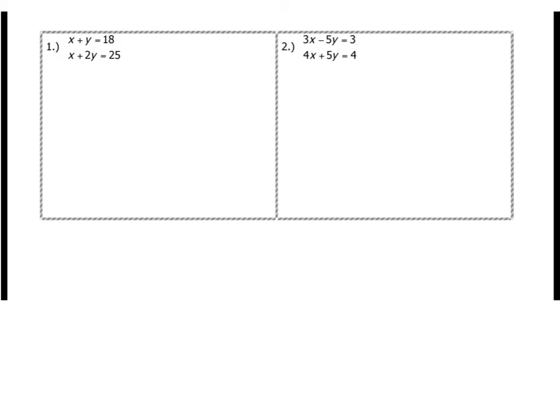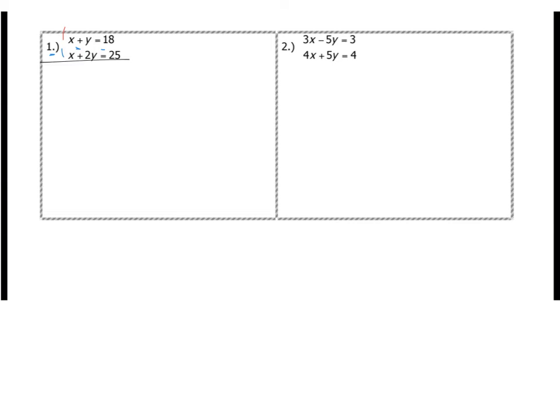So we have 2 more to try here. You'll notice on number 1, I have the same coefficient for both the top one and the bottom one. But one of them is not opposite. I have to have the same coefficient, but one has to be an opposite sign. So what you can do in this is you can make this one negative. That's the same thing as multiplying it by negative 1. The trick is that if you make one of those negative, then you have to change the sign of everything